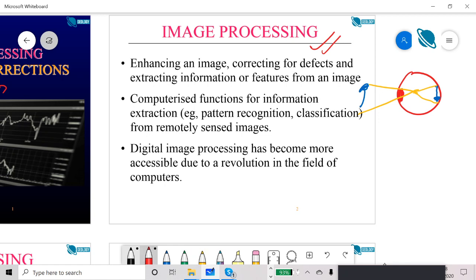And another thing, there is a blind spot right here where there are no cells, because here the nerves are attached. So no light is detected at the blind spot. If there was no image processing going on, how would the scene appear to you? Your brain would think there is a hole here, and in the rest of the image there may be some objects. So your brain is processing the image on a daily basis.